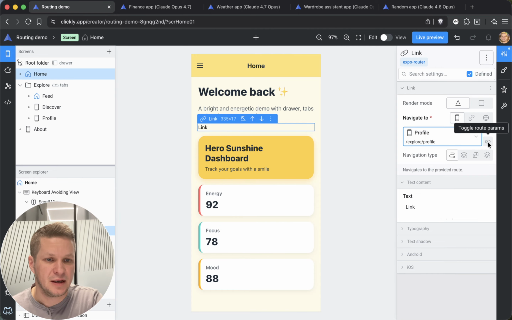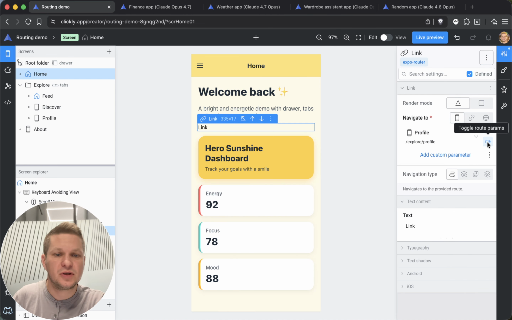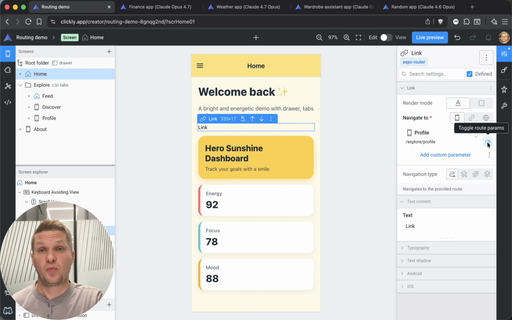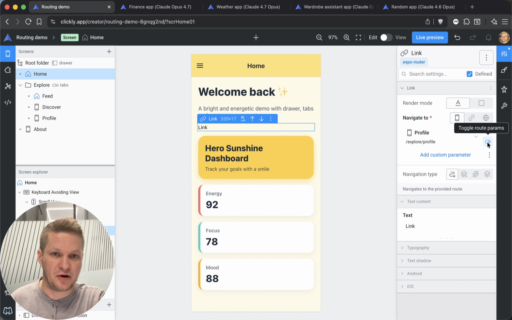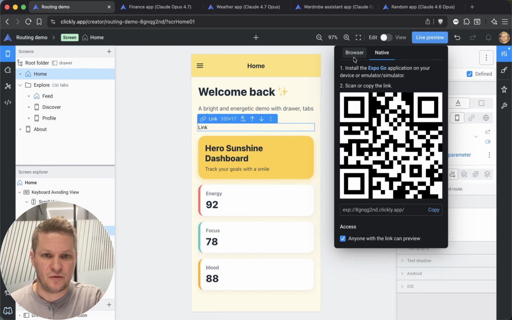You can add parameters. By the way, screens can now have parameters, which allows you to pass some data into them and build, for instance, a screen for profile and then pass some ID or username, and depending on which user you selected on the previous screen, this profile will show you different data. And these parameters can be used as a data source for an API query, for instance, or something like this. And then we don't have parameters for this profile. And then if we test it,